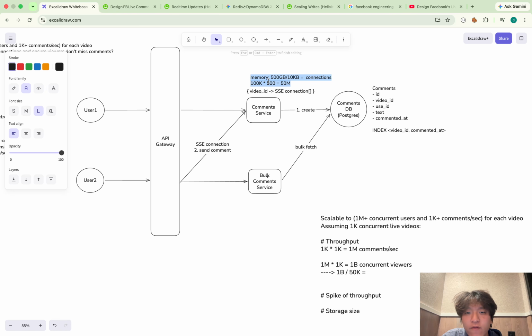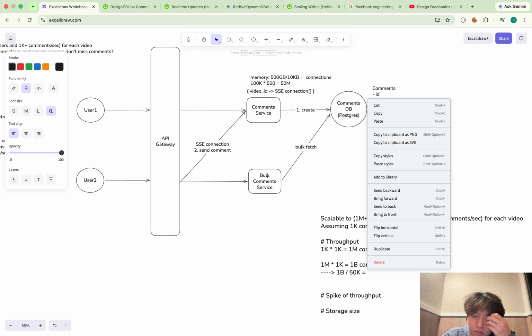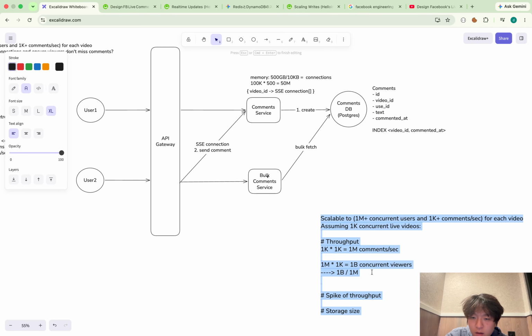Yeah. So, as I said, I will assume that this server connects 1 million connections. So I can say 1 billion divided by 1 million per server. So in this way, I get 1K servers.